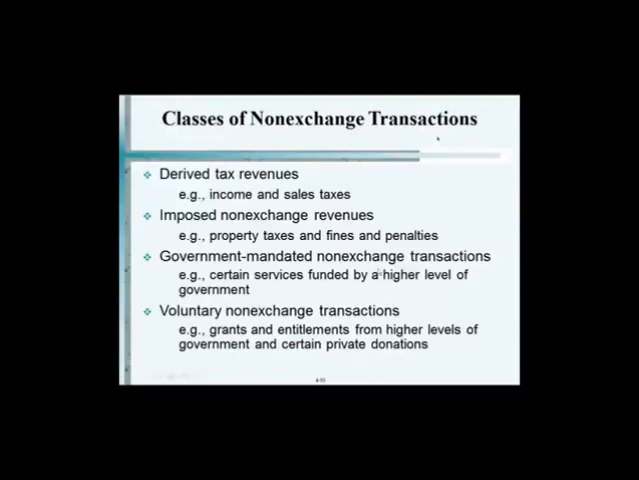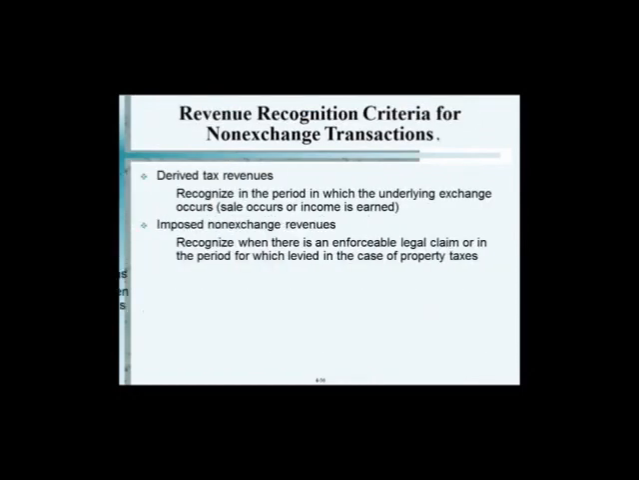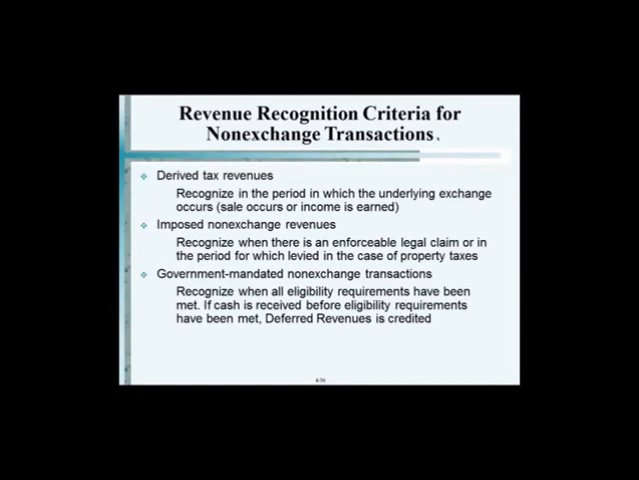Government mandated non-exchange transaction. Like it or not, you're going to get this grant. I'm very happy. Voluntary non-exchange transactions. You can have this grant if you want it. Some people say, boy, if somebody is giving us money, why don't we just take it? Why would we not want it? Sometimes matching requirements. I'll give you 100,000. You've got to put 100,000 of your own. That's a voluntary non-exchange transaction. And this is what I was getting to, which is you need to understand the revenue recognition criteria as to when to book this. And it tells you in this slide, basically for a lot of words, derived tax revenue when the sale occurs or the period